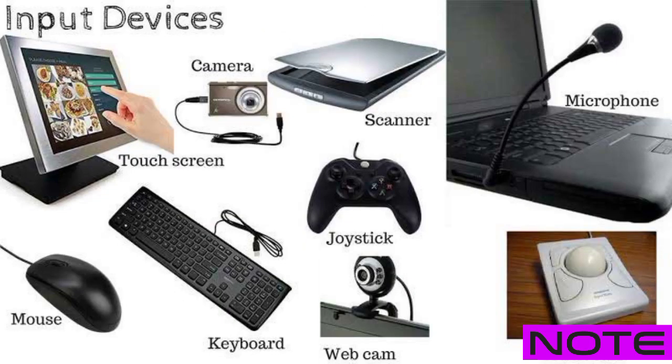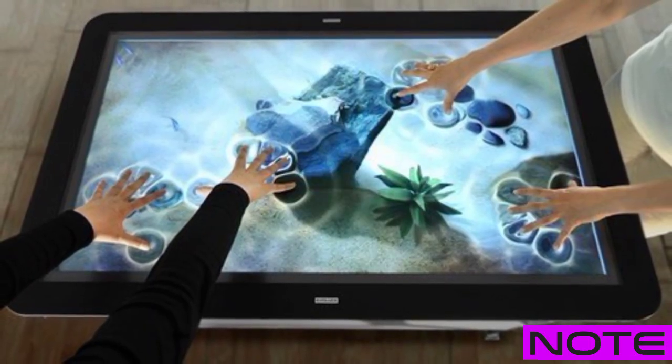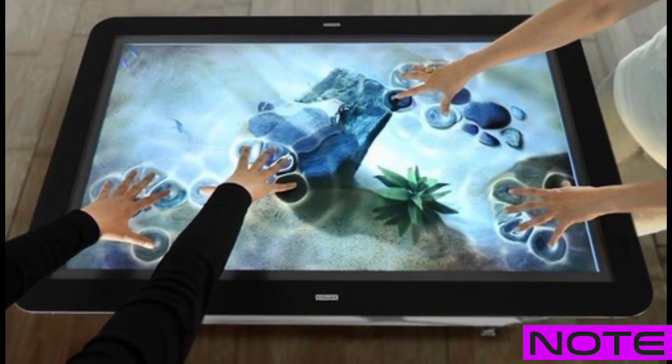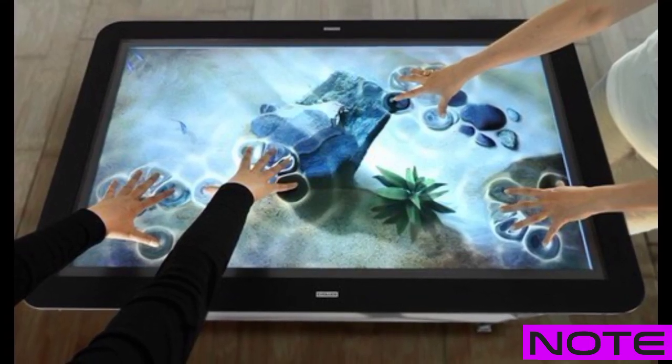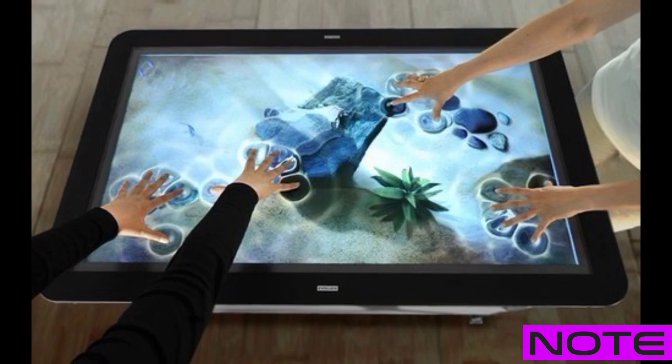A touchscreen is a special display screen where the user can enter data by touching the screen at a specific location. It is a display which can detect the presence and location of a touch within the display area.